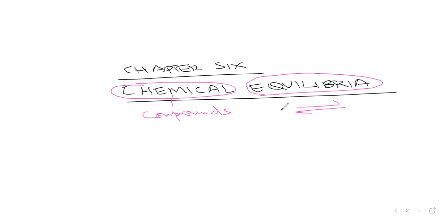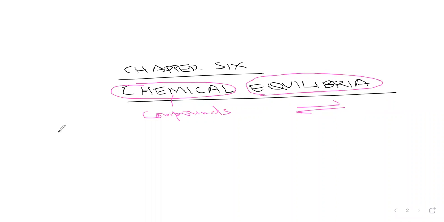So a chemical equilibrium is just that point, any point in time that is reached when the rate of formation of products in a given reaction is equal to the rate of consumption of the reactants. So it shouldn't be something that is confusing,